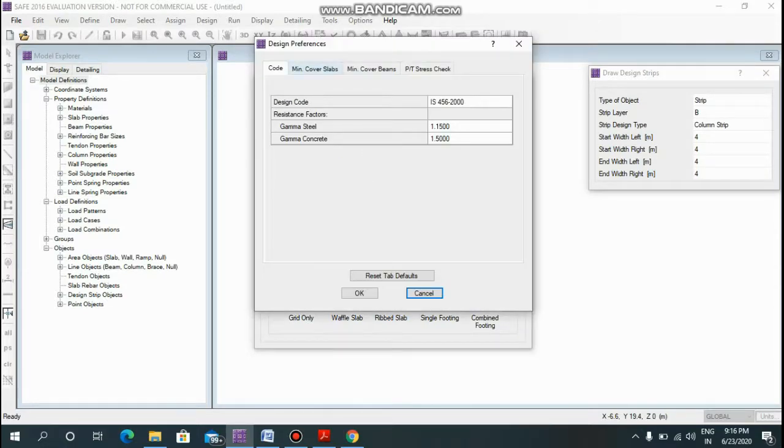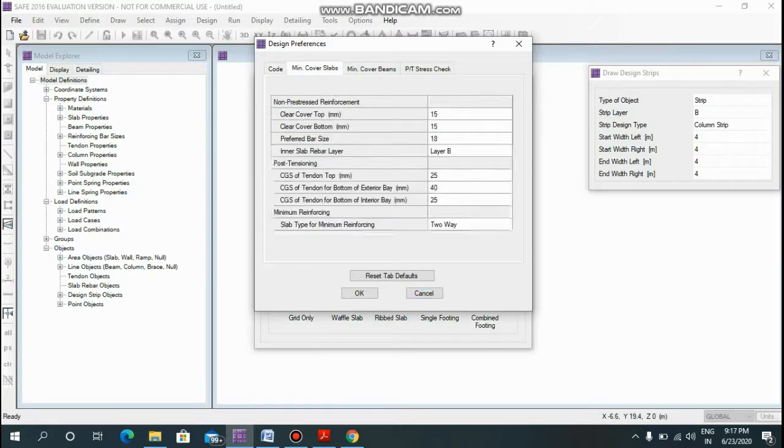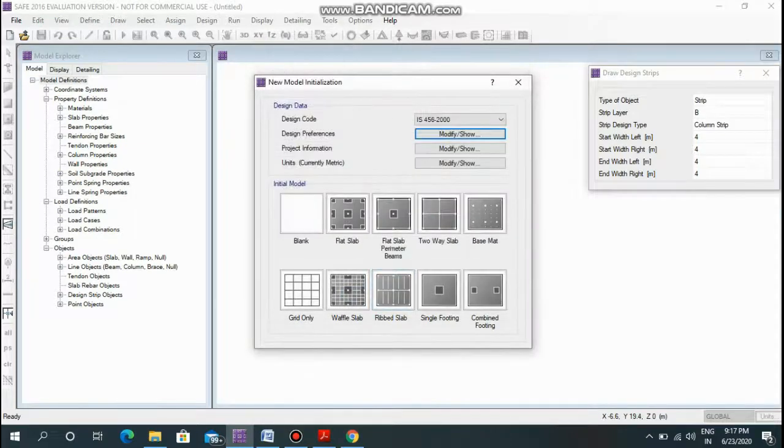Go to minimum cover slabs tab and change the clear cover to 50 mm both to top and bottom, and change the preferred bar size to 22 mm and click on OK.